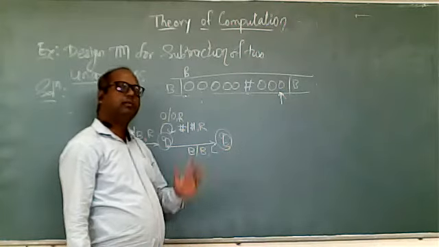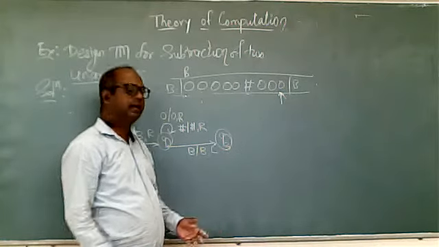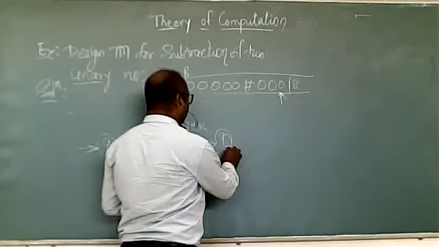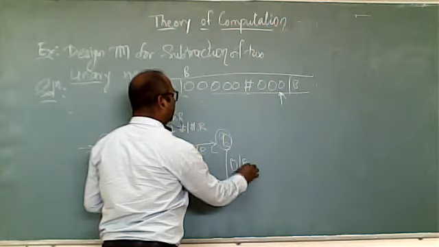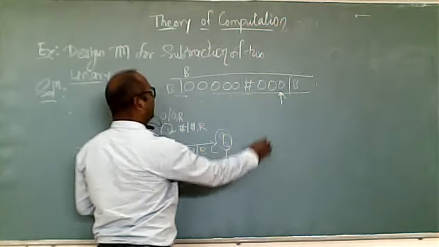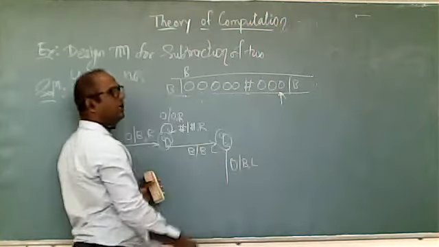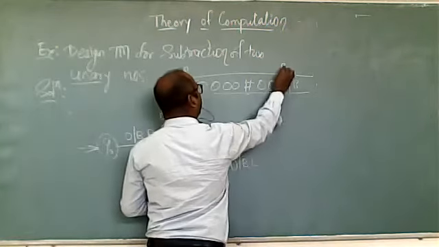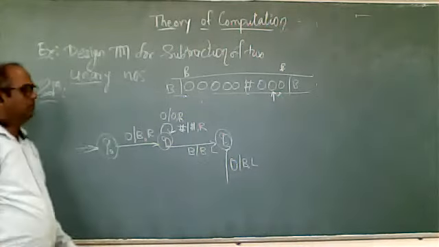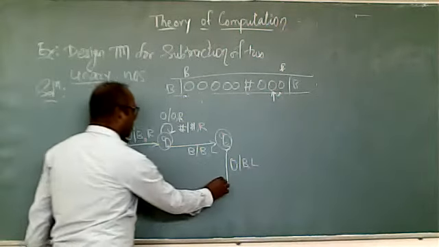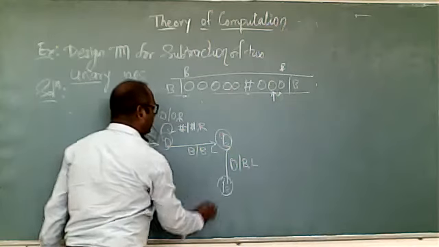What we have to do? Make this right hand symbol a blank. So if input is 0, make it blank, and direction is now left. Now we have to move again left. So this 0 will become blank and the head will move to the left. Okay. So now we reach Q3, state 3.